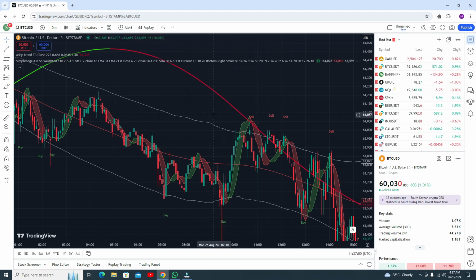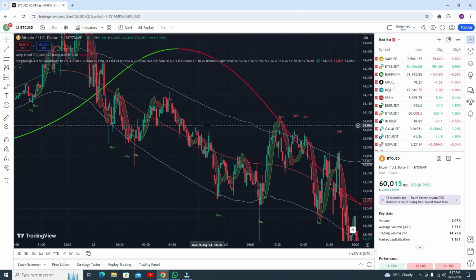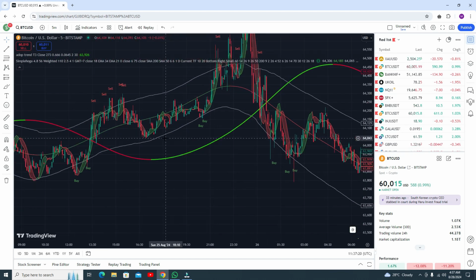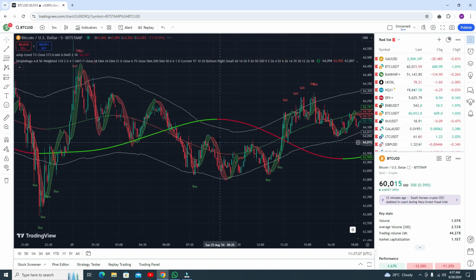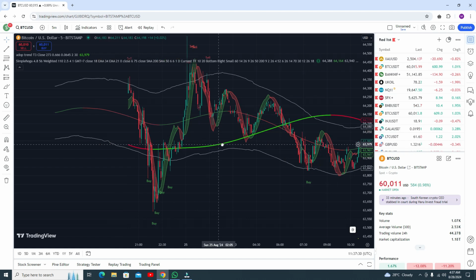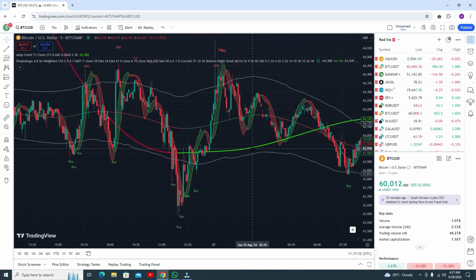Okay, and there are two types of signal in the strategy. The first signal is just a buy or sell signal, and the second type of signal is a double confirmation signal. So do not miss double confirmation signals. I will give you all the details, do not miss any point. The first type of signal: whenever the top trend line crosses the lower band line. First I need to show you the first type of signal, and then I will show you the second type of signal.